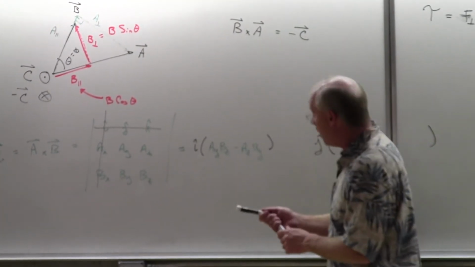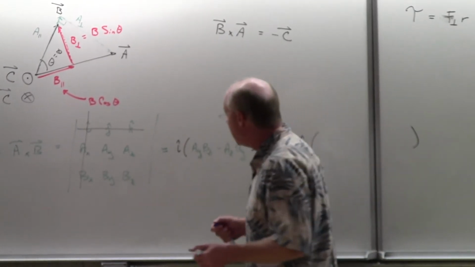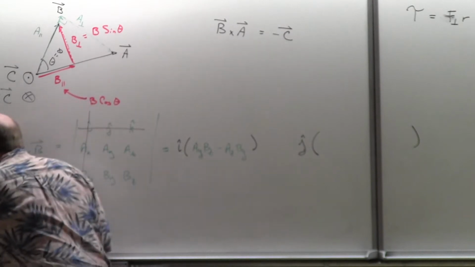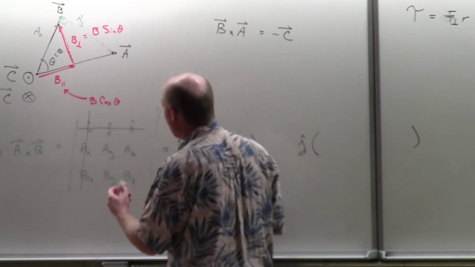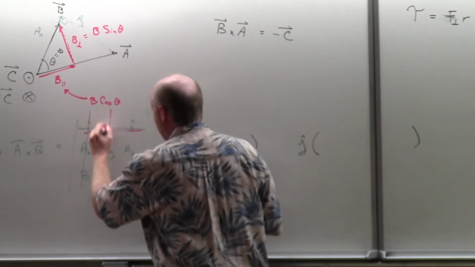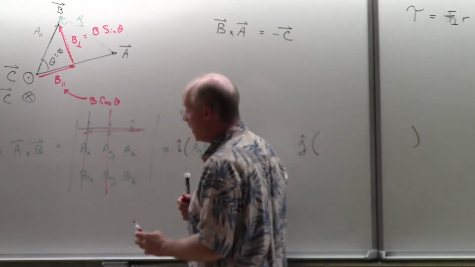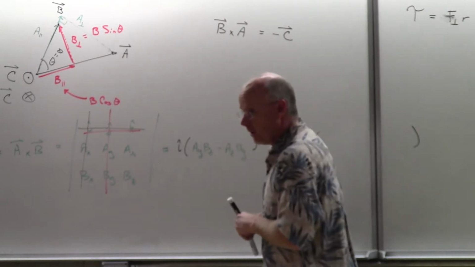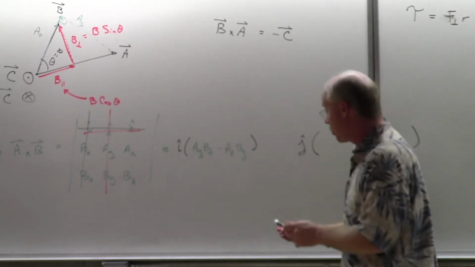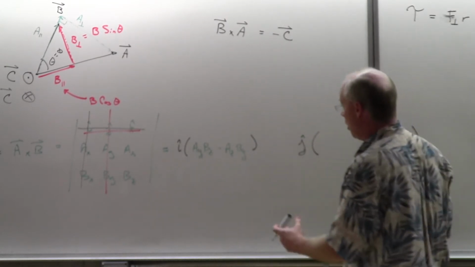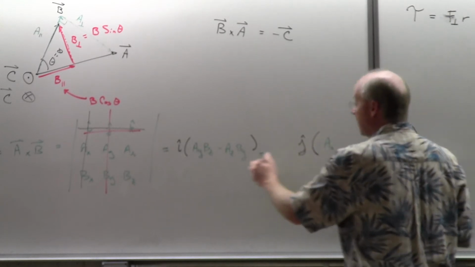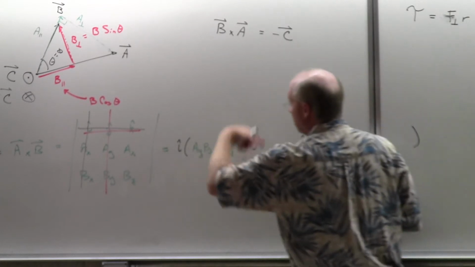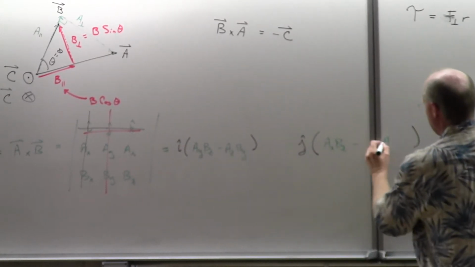The J hat, for those of you who may not have seen a determinant, same idea. Think about the J. Maybe I'll change colors if that will help. And cross out that row and that column. So you're left with these two and these two. Do the same swoosh type of thing. AX BZ minus AZ